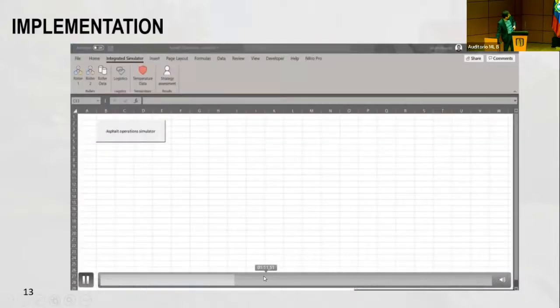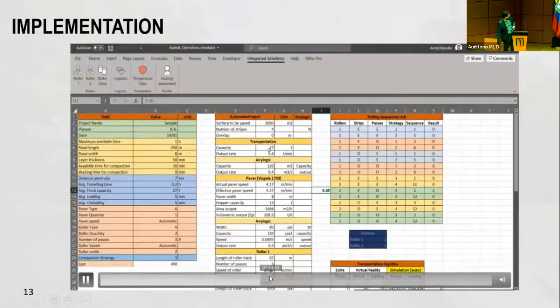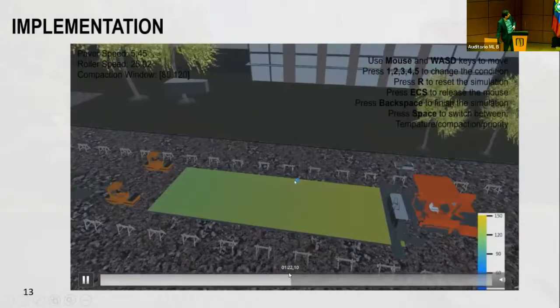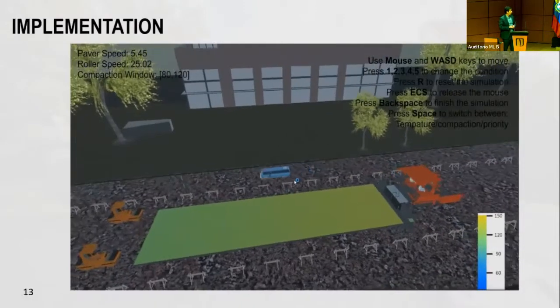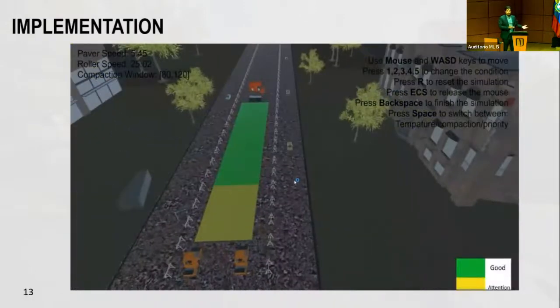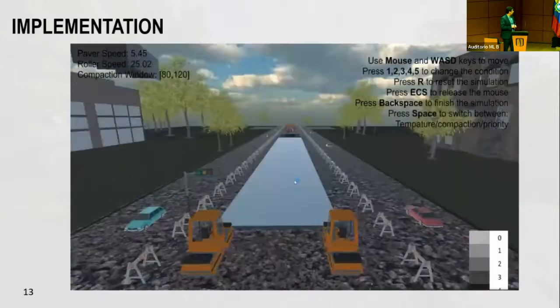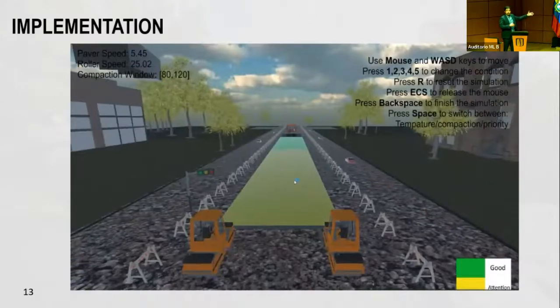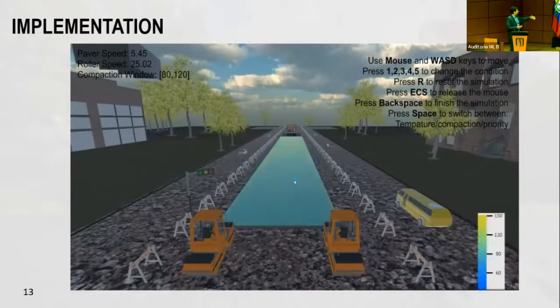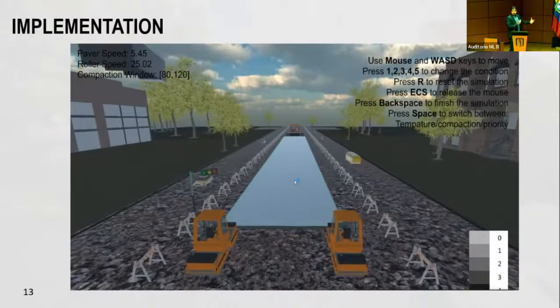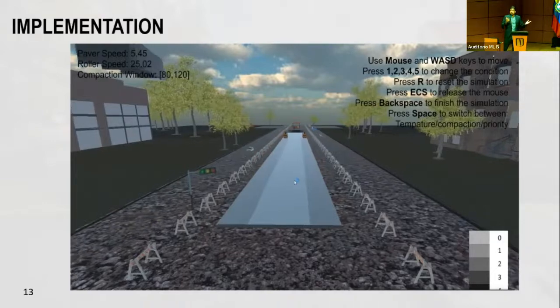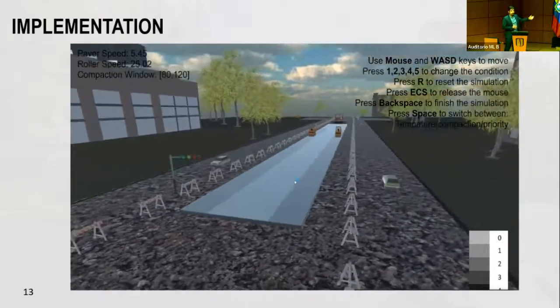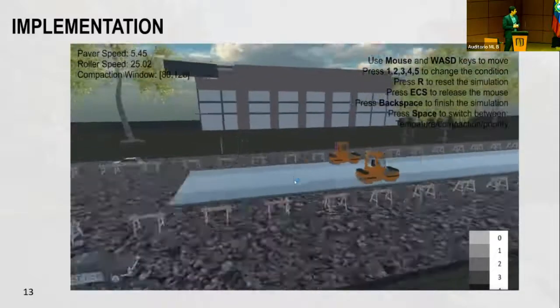And then once the simulation is finished, you could immediately, from the same interface, run your virtual reality representation of the same operation. And then based on the compaction strategy that you have opted for, these 2 rollers start to move. And then once it's finished, you will get all the data analytics indexes that you require about the quality of the work that was implemented.